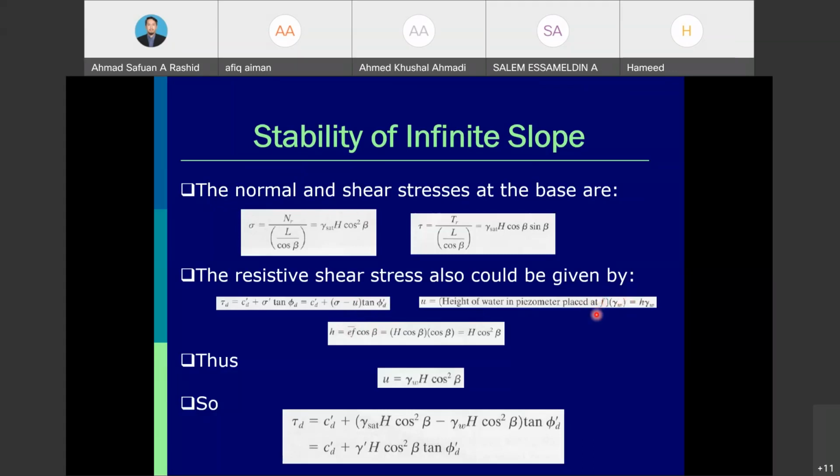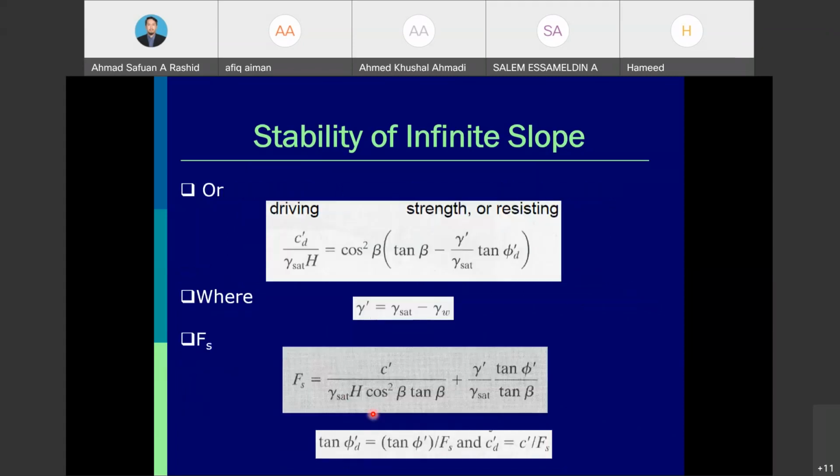So then they obtain H times gamma W. Later on, by including the equation for the gamma W times H cos square beta, they come up with this resisting force, tau D is equal to C plus gamma prime H cos square beta tangent phi of D. So from this tau D, we may work out to determine what we call the factor of safety,